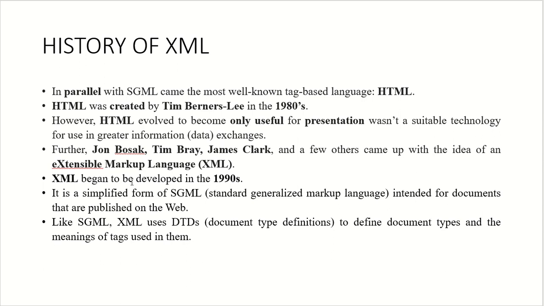XML is a simplified form of SGML. All right, ये सिंप्लीफाइड फॉर्म है, XML जो है वो सिंप्लीफाइड फॉर्म है SGML की. जैसे SGML में वोकैबुलरीज बनती हैं, इसमें भी वोकैबुलरीज ही बनती हैं. All right, but this is a simplified form. SGML is more complex. All right, like SGML, XML uses DTDs, document type definitions, to define document types and the meanings of tags used in